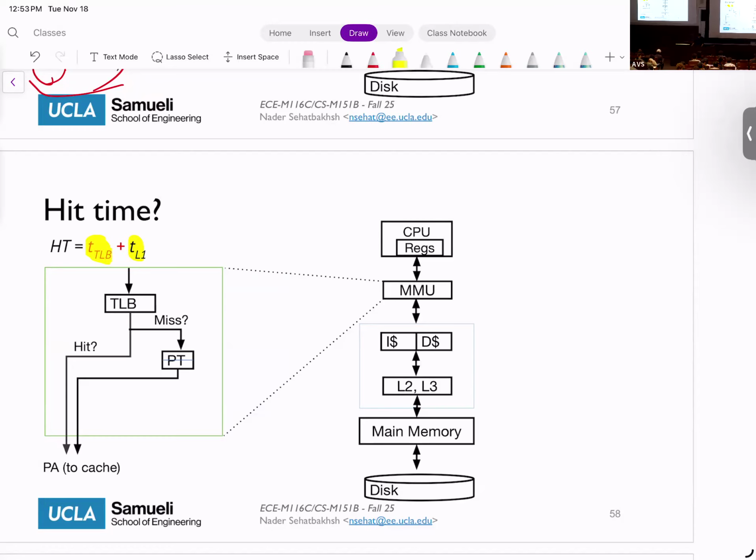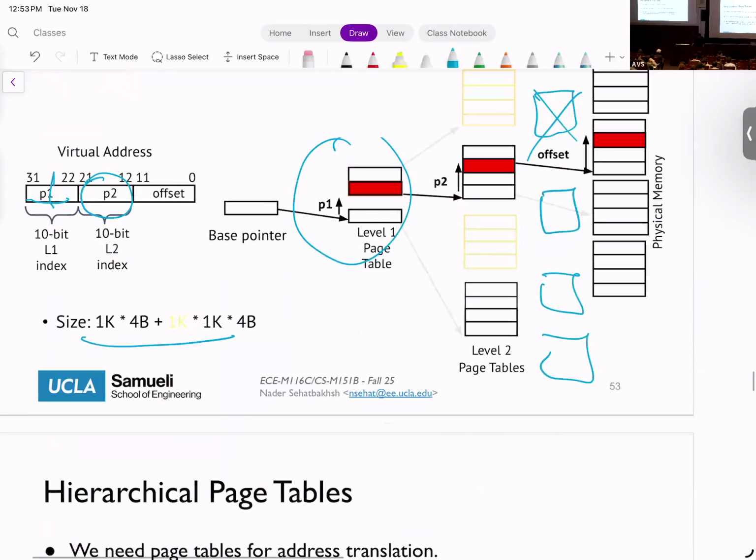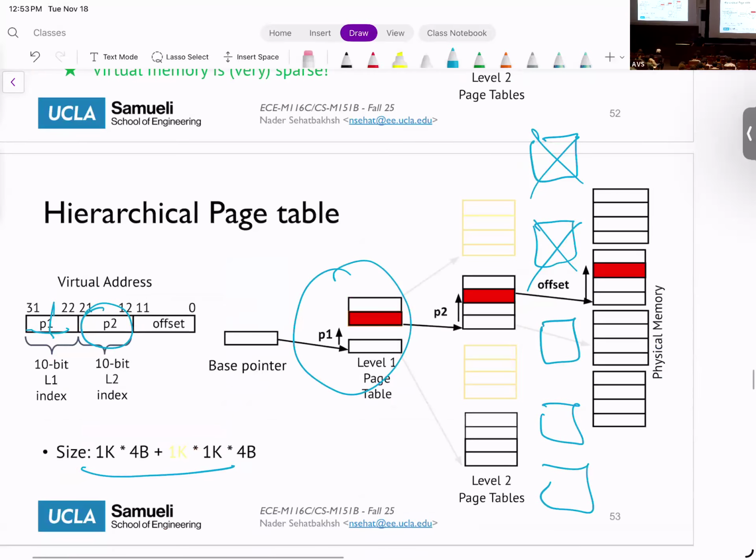Page tables are calculated like this. There is a base pointer provided by the operating system, and you take this address and go to that address to bring that value. Those offsets are actual base offsets inside the physical memory.